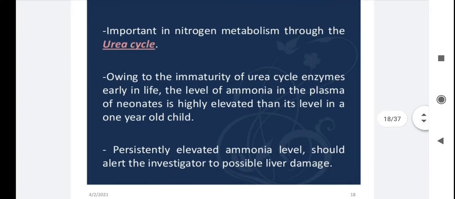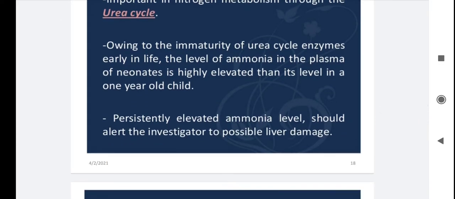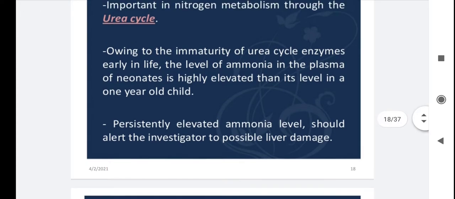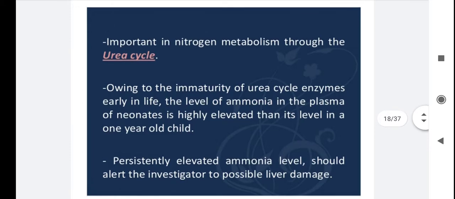the urea cycle. Owing to the immaturity of urea cycle enzymes early in life, the level of ammonia in the plasma of the neonate is highly elevated compared to its level in a 1-year-old child. Persistently elevated ammonia level should alert the investigator to possible liver damage. So the nitrogen balance